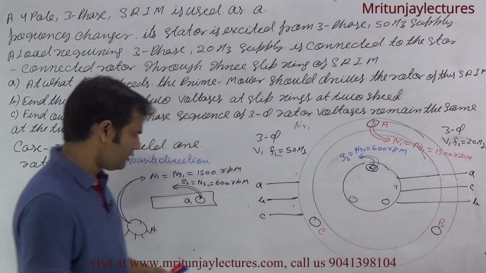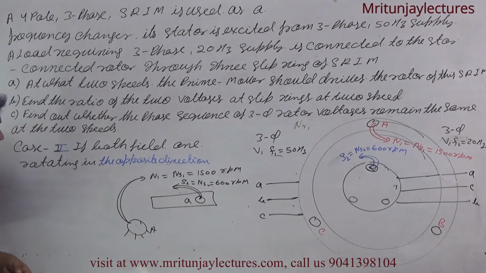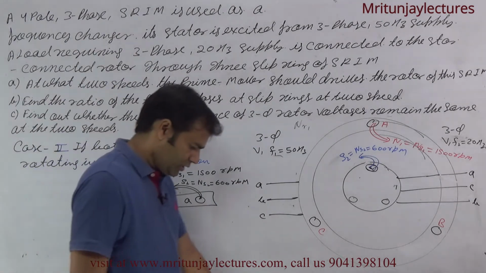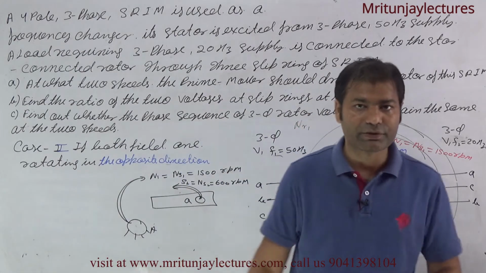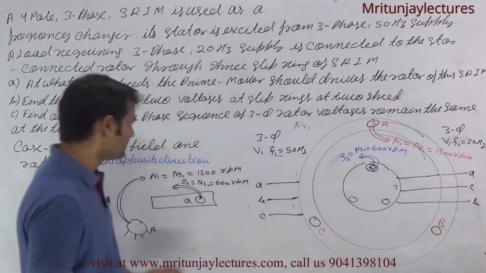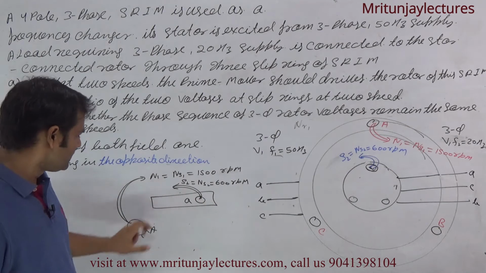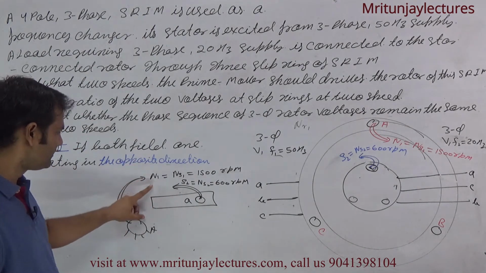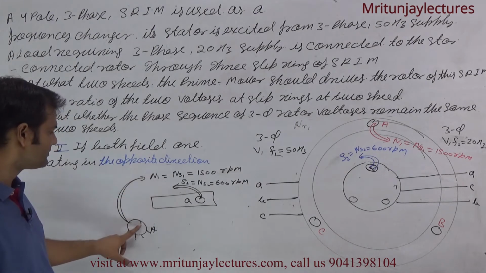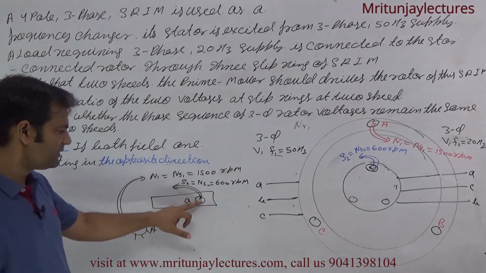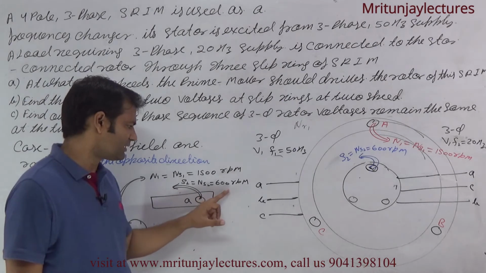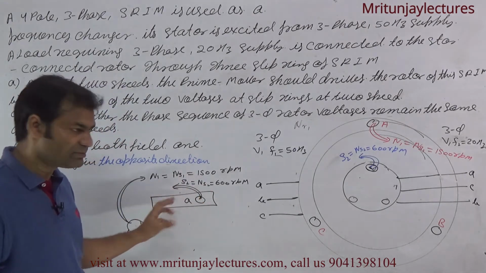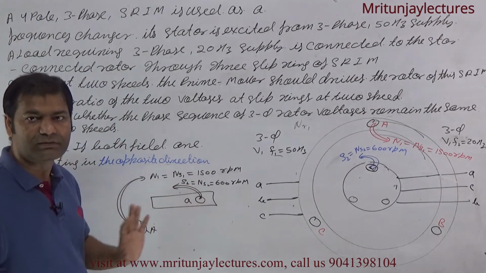Now this one is a rotor, which direction does it rotate? First of all, it is clear corresponding to the question: the speed of the rotor field with respect to the rotor winding, and the speed of the stator field with respect to the stator winding, like this one. The anticlockwise means the opposite direction of the stator field.